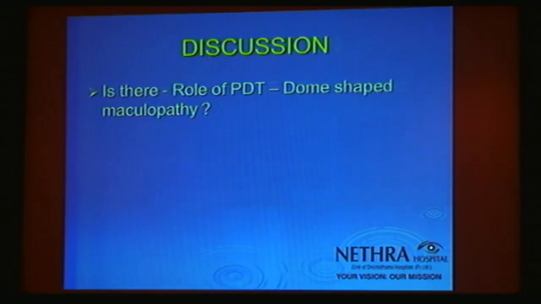I don't have any personal experience in doing PDT for a dome-shaped macula. Do you have any? If anti-VEGF is working, so why go to another treatment? What I presented: we tried both ranibizumab and micropulse. Then later we tried IU also. After all these things also, she is recurring the fluid. Is there any chance if we do PDT then the thing just